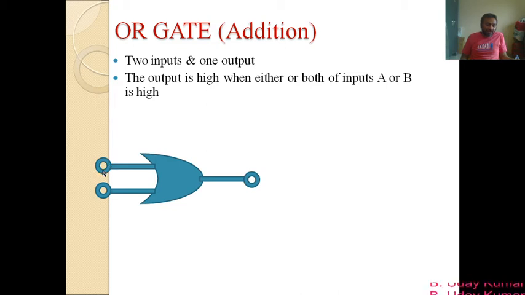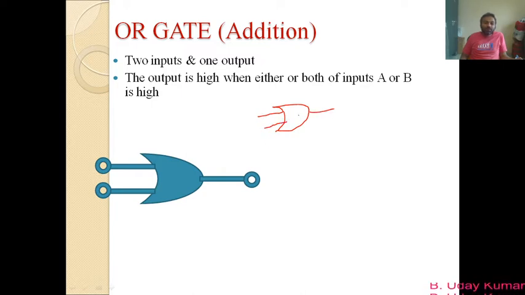The input terminals are represented by circles here. It is not necessary; you may represent them with circles or not, the choice is yours. Similarly, to mention the terminal of the output, I have used a circle, but it is not necessary to keep a circle at this position. For example, if you want to draw the circuit symbol of an OR gate, you may draw it just like this, not more than that.